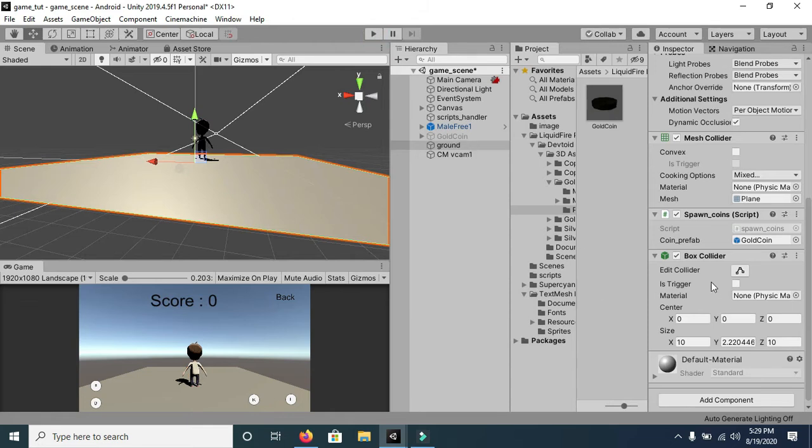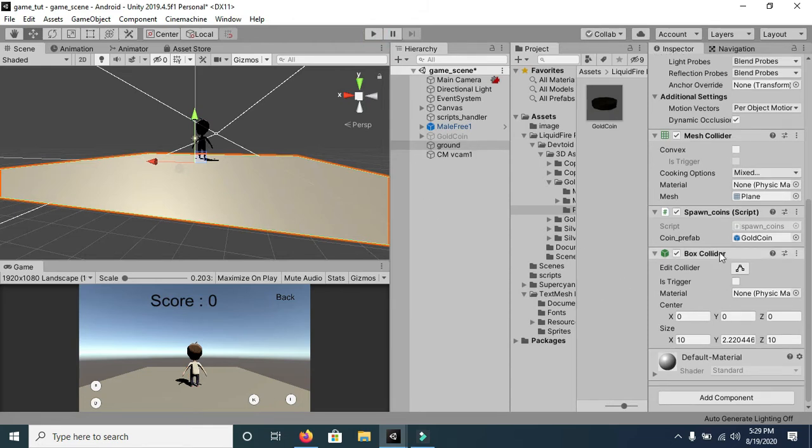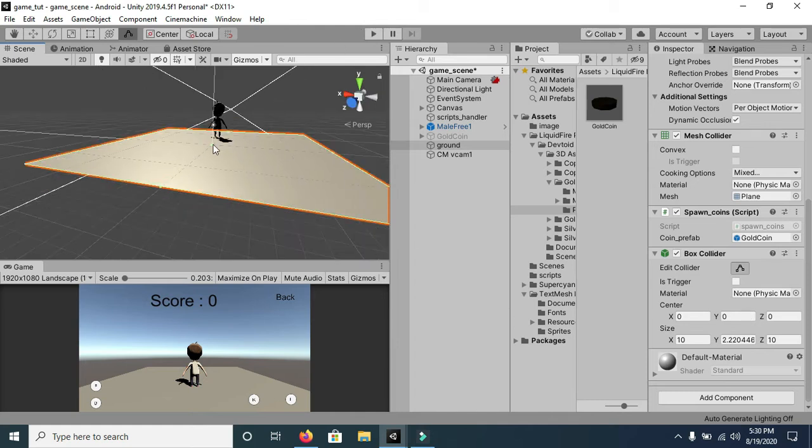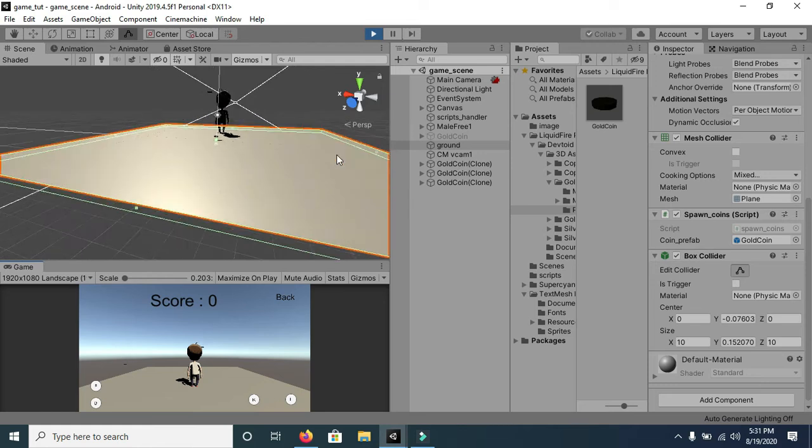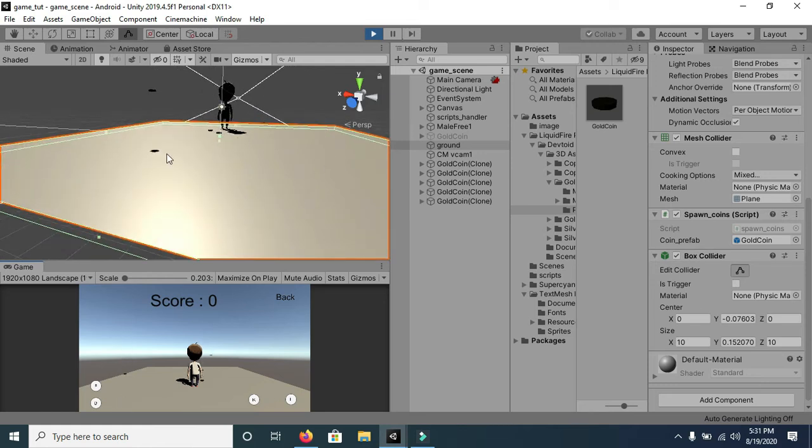So in order to achieve the collision, we have to click edit collider, and just increase the thickness of this collider. It's up to you, you can increase it more, but I'm increasing it a little bit. As you can see, I have increased the thickness of this collider a little bit, and now it's fine. Save this and now run. Now you can see that all coins are colliding with this ground plane, and physics is working fine.